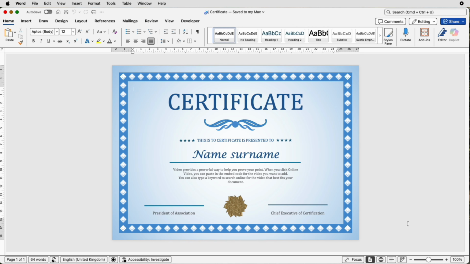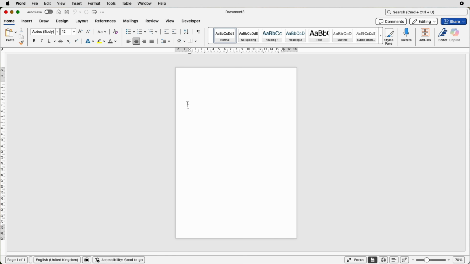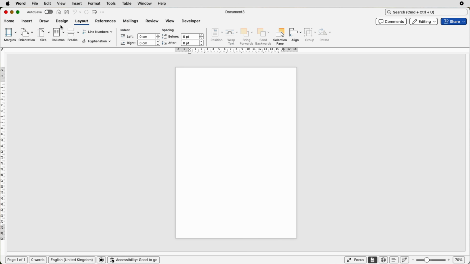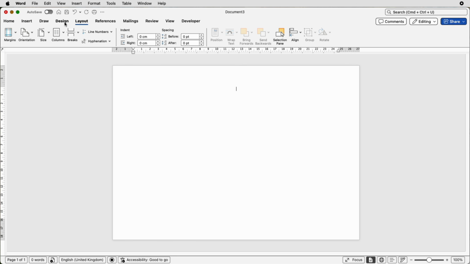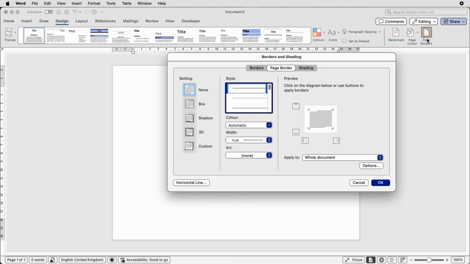Today I'm going to be showing you how to create the certificate in Microsoft Word. So let's open a new document. So the first thing to do is change the orientation of the page. So go to Layout, Orientation, Landscape, then go to Design, Page Borders, and here you can choose from a whole